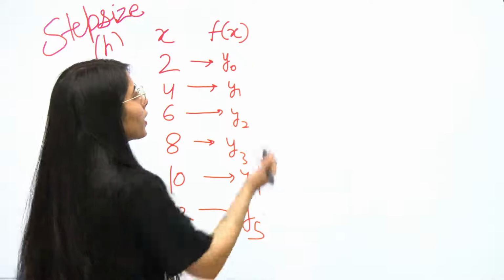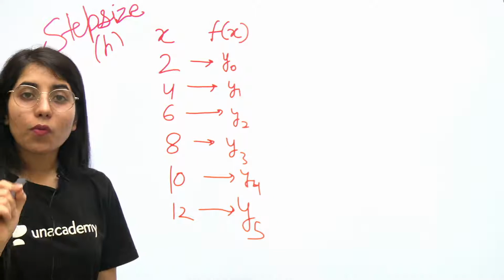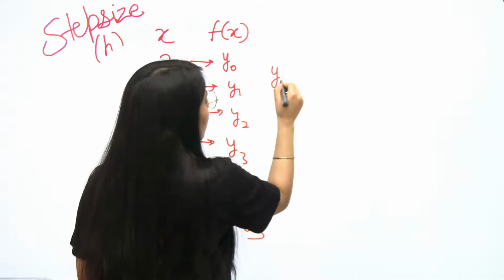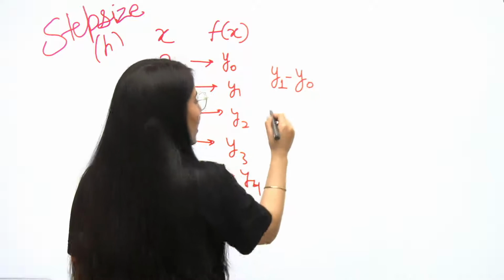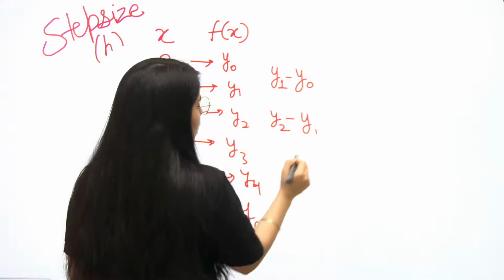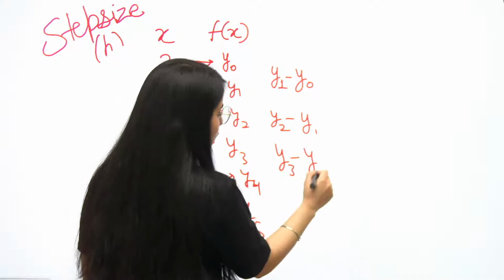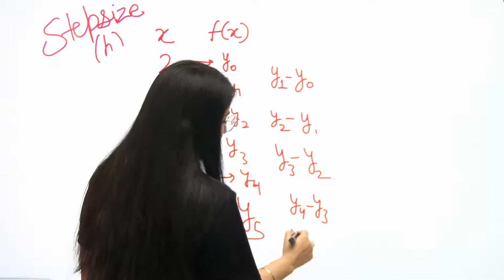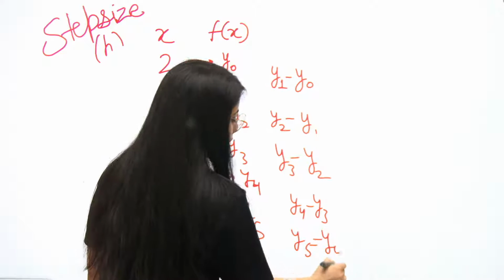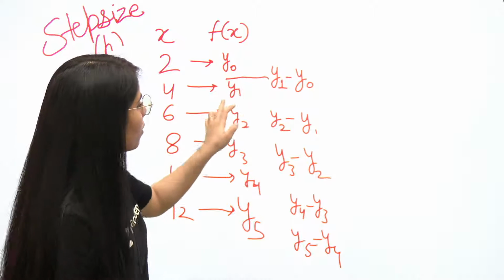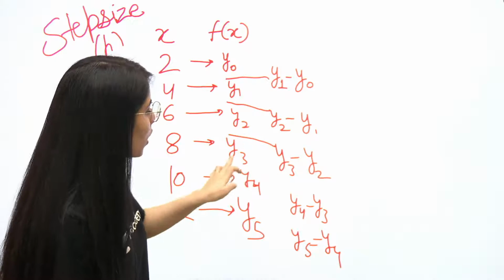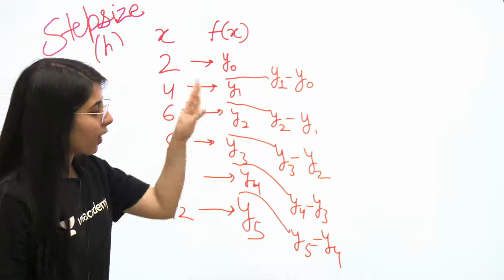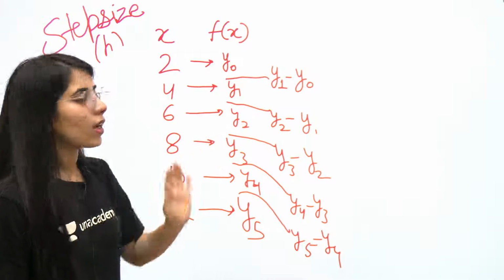So if I talk about the next thing here, this is the Newton forward difference method. What we need to do here is find the difference: the next value minus the previous value. The next value minus the previous value, each time. It should be written in between the two. Between these two you can write one, between these two you can write another. This will make things more systematic. Right now it's going here and there, but if you want, you can consider it in this way.